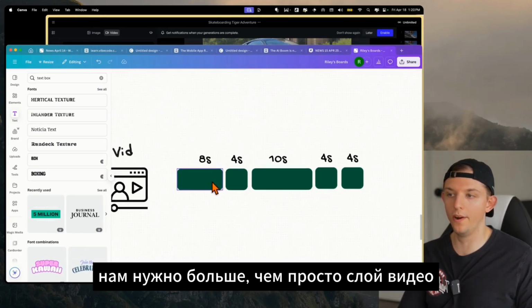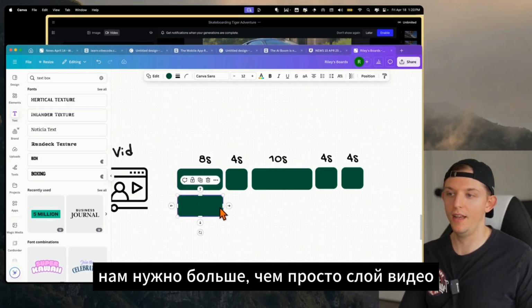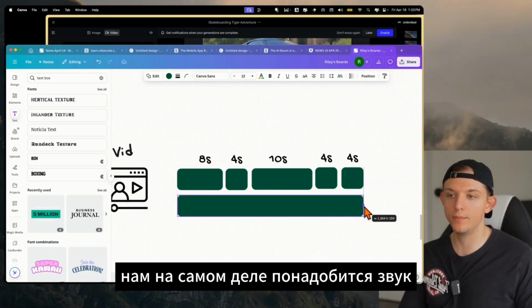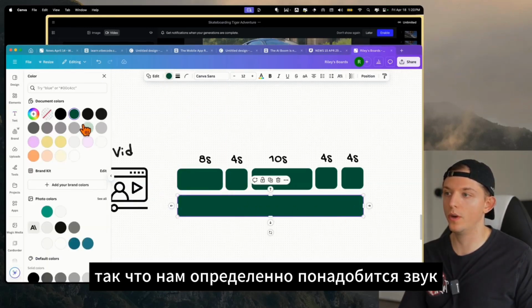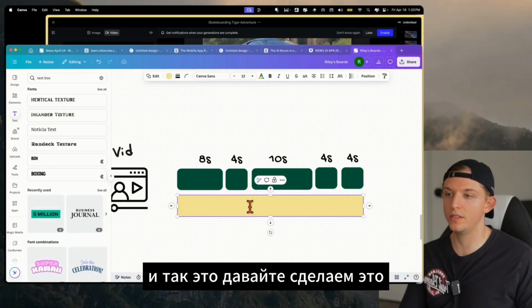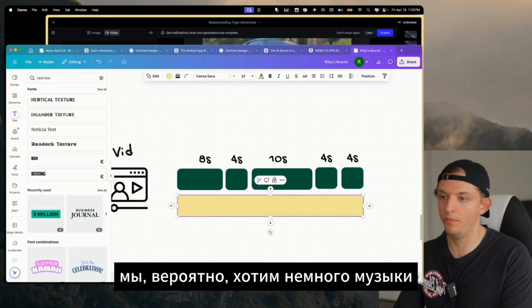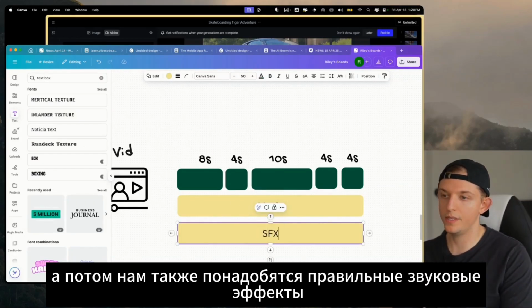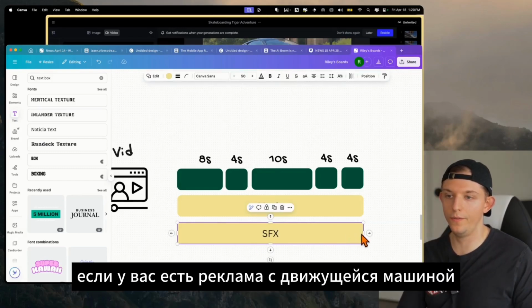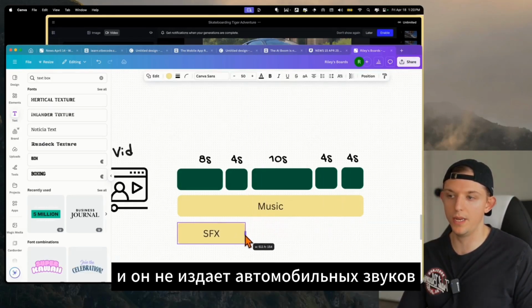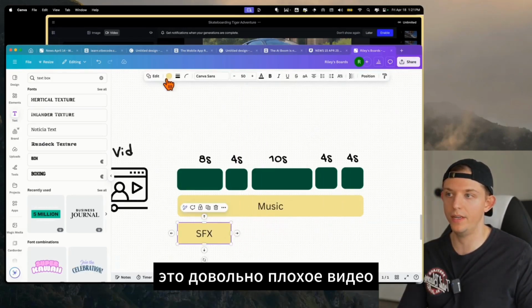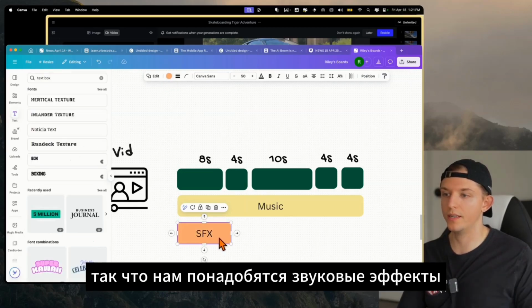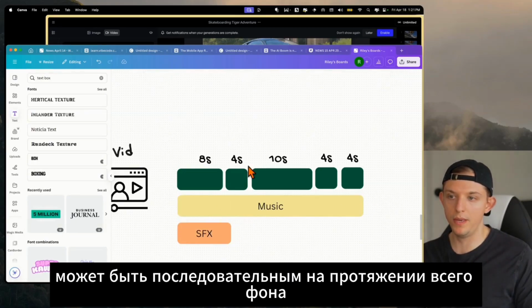We need more than just a video layer. We're actually gonna need some sound. So we're definitely gonna need some sound. And so we'll probably want some music. And then we're also going to want some sound effects, right? If you have a commercial with a driving car and it doesn't make any car noises, that's a pretty bad video. So we're going to want some sound effects, and the music might be consistent throughout the whole background,